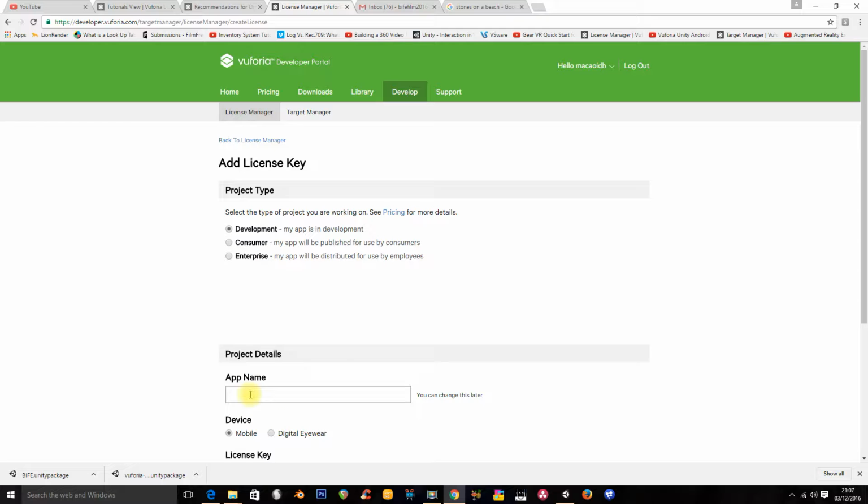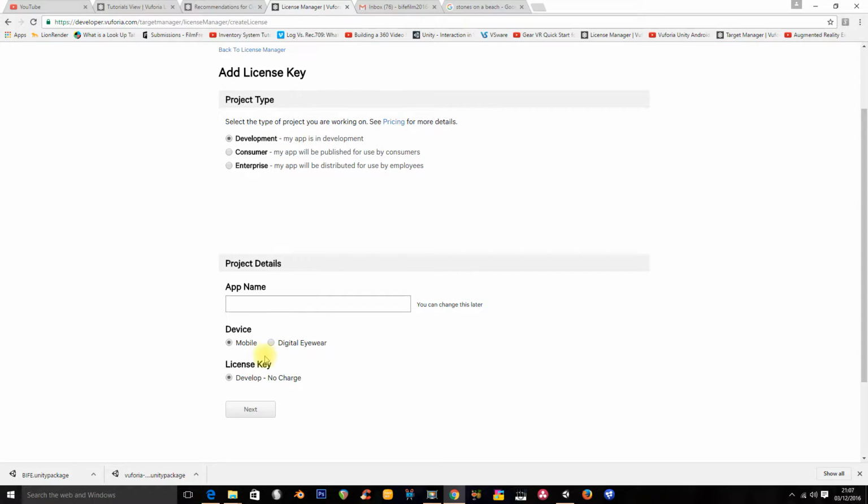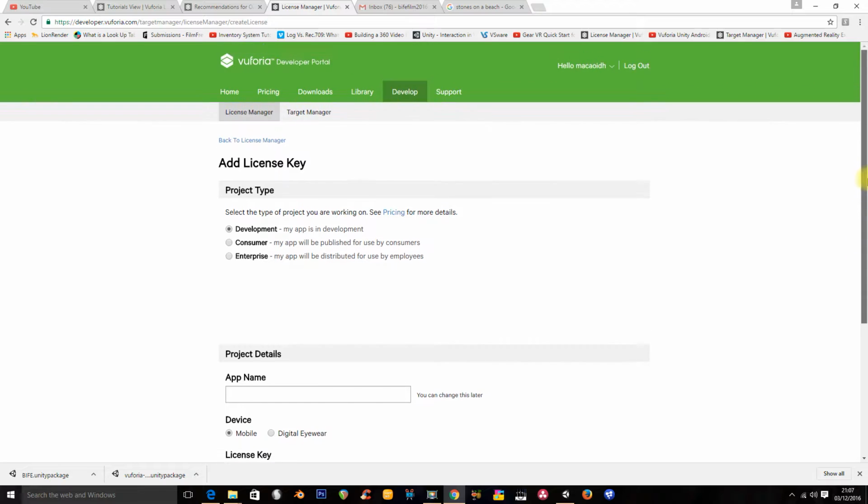Give your app a name. You choose whether it's going to be VR or mobile. Now we're going to do mobile, and then you hit next. And after you do that,